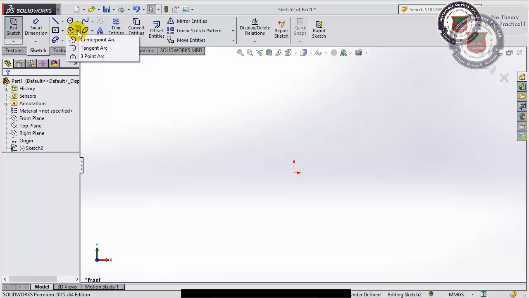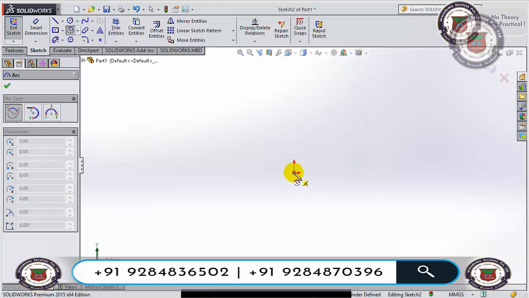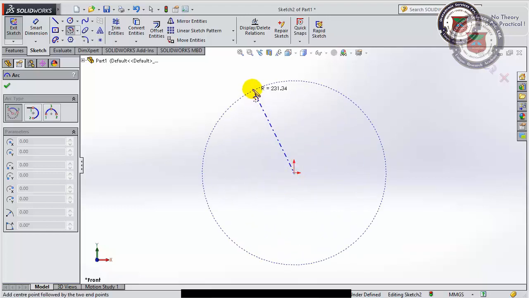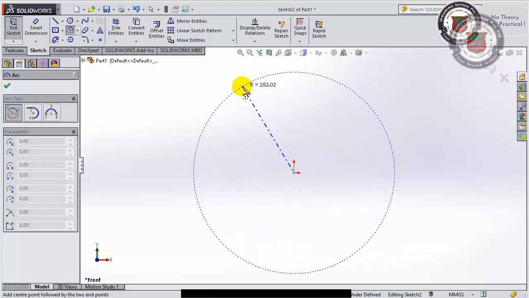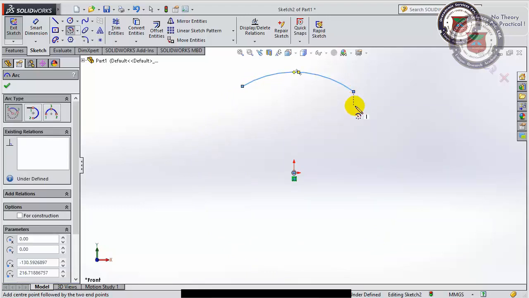Now next command is an arc. Number 1 is a center point arc. First of all, I will be clicking for the center. Now I will be providing a point where the arc should start. Suppose this point, and then the next point where the arc should end. Suppose this point.